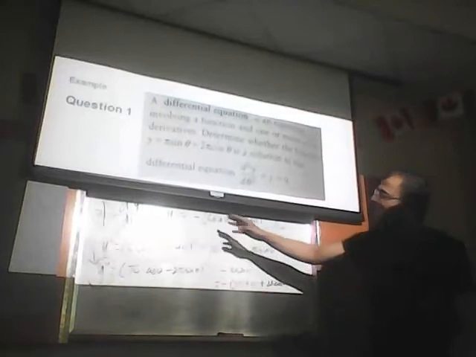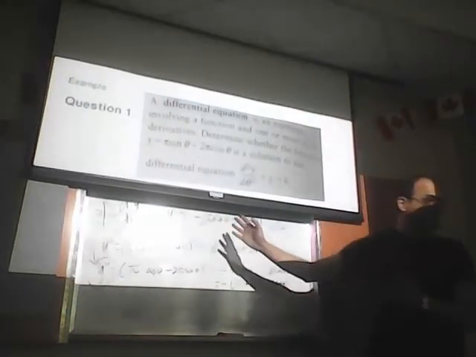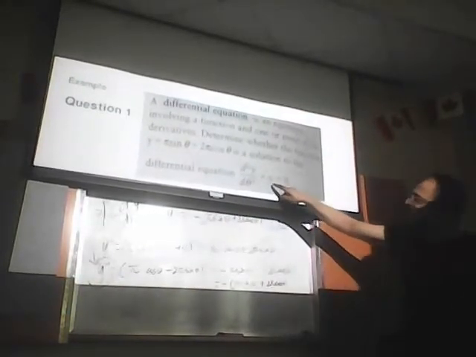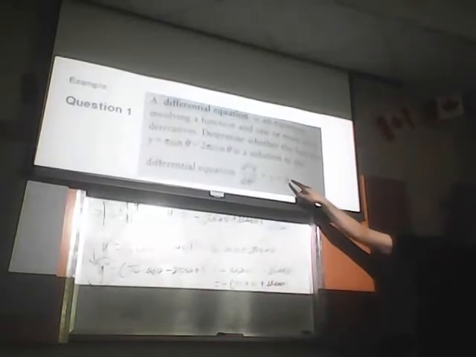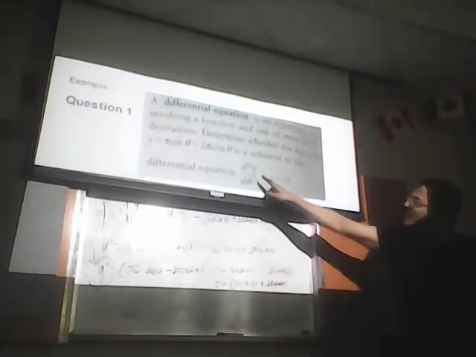Or you can also do the same thing differently. You say, okay, I'm not going to take y to the other side. I'm going to put everything in to see if I get 0. You get the second derivative, it becomes this. You add it to y, then everything cancels each other, and you get zero.